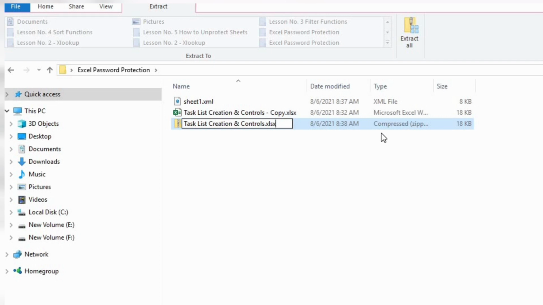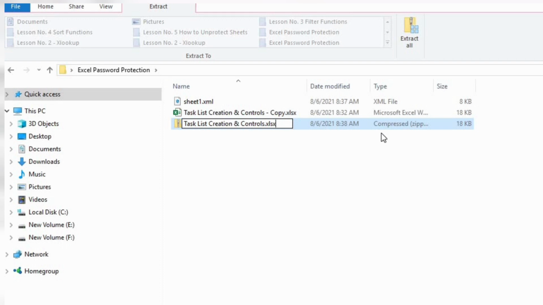In case you don't have it and couldn't find it in the browser, I will share the link below in my video. That is a free link. You can use that link to download the zip tool.